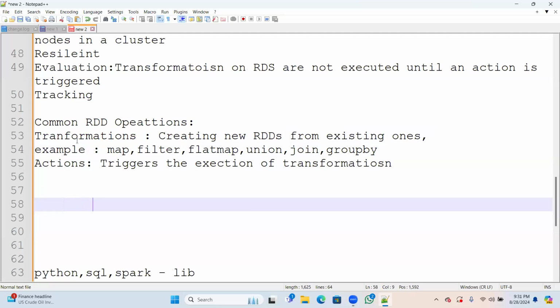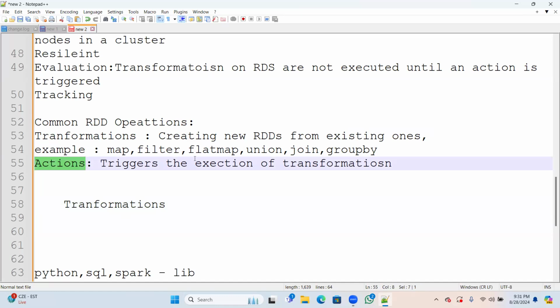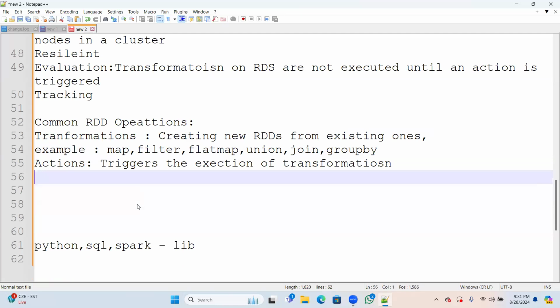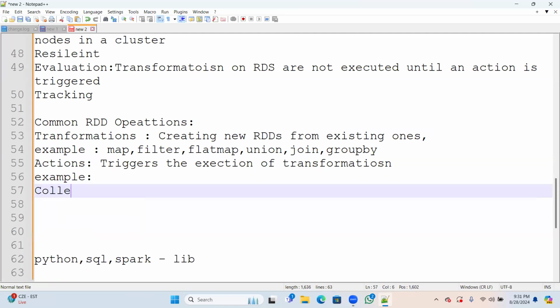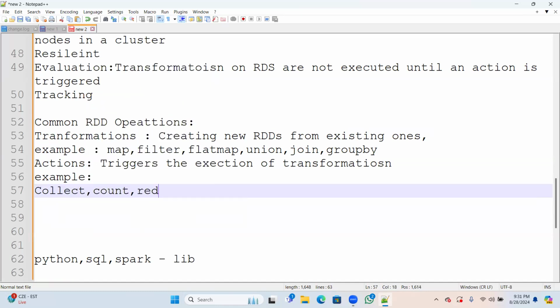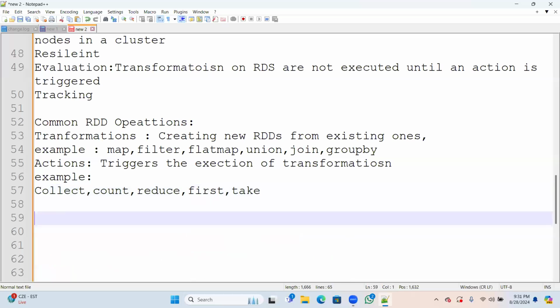On top of these transformations, I will create some actions. If I have this union, what action do I need to take care of? Examples are collect, count, reduce, first, take.